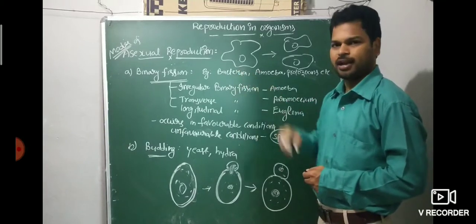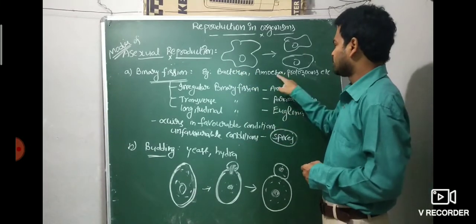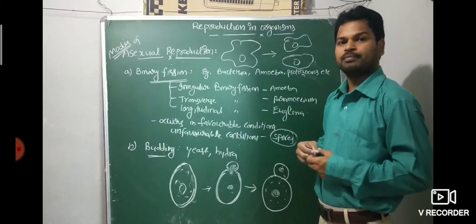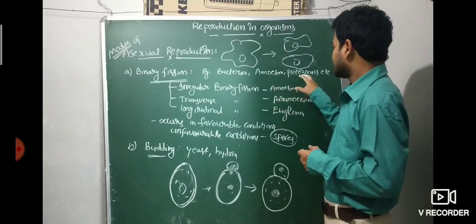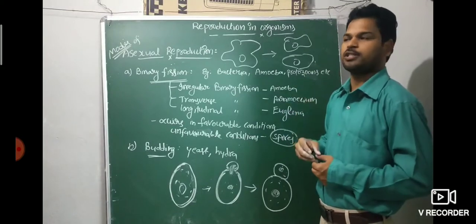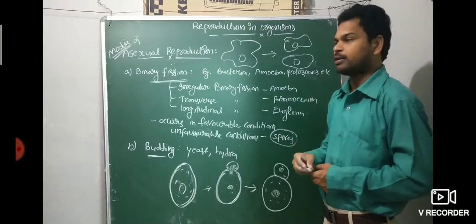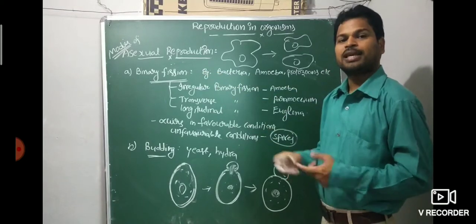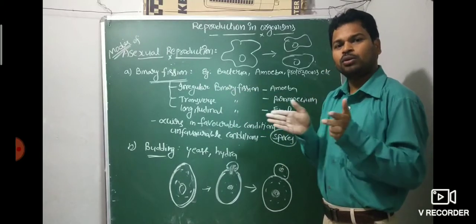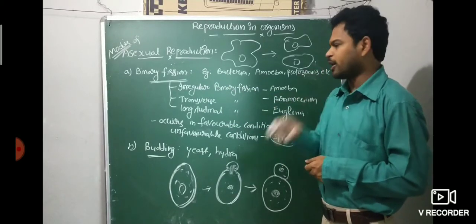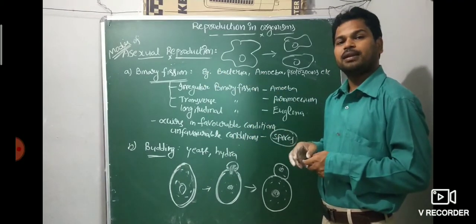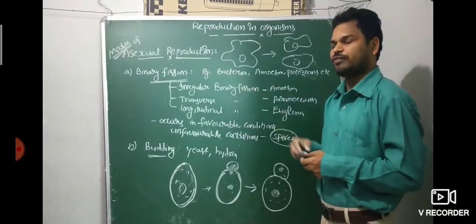Unicellular prokaryote, binary fission: bacteria. Unicellular eukaryote: these two. Or, which of the following is the unicellular prokaryote kingdom? A. Bacteria. B. Amoeba. C. Protozoan. D. Monera. The kingdom is Monera. So such types of questions. Binary fission, even 2 marks: define binary fission, give the example. Binary fission means the parent cell divides into 2 offsprings in favorable condition. That is also very important. Favorable condition. Then a parent cell producing 2 offsprings is called binary fission.